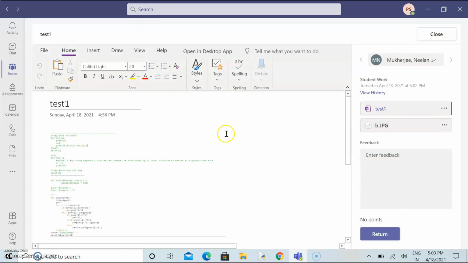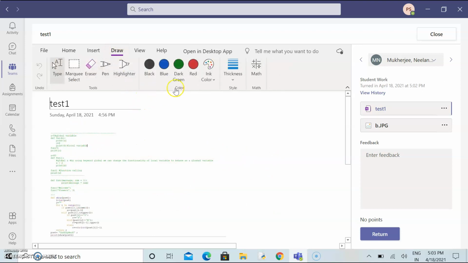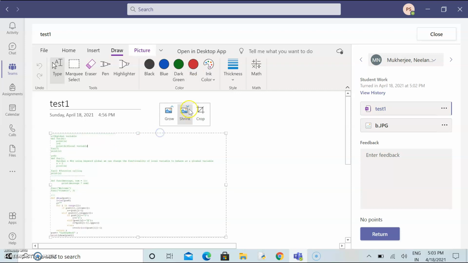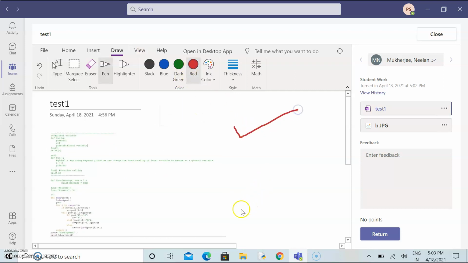Here, when the student has submitted the assignment through class notebook, you can check also. Now you have to tell the student that the student has to submit the things in both ways. He has to submit the assignment through class notebook also, and upload the same assignment in the assignment part also.